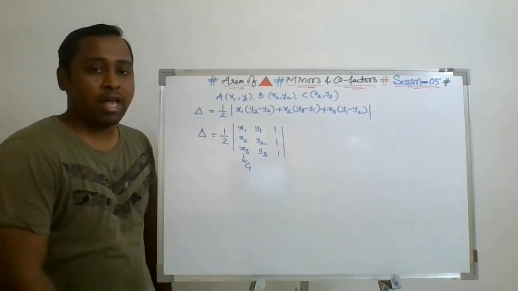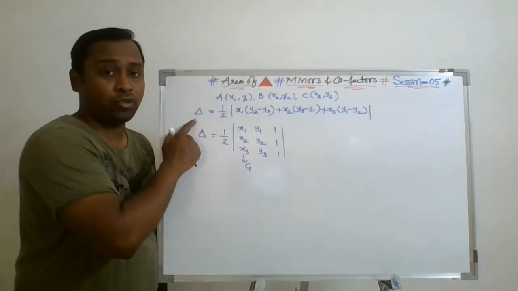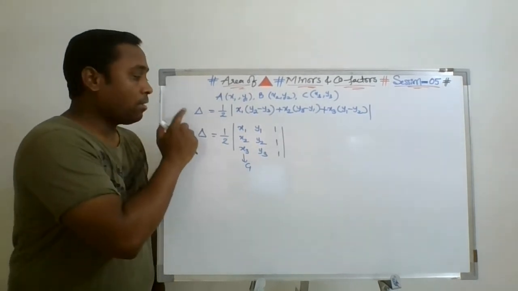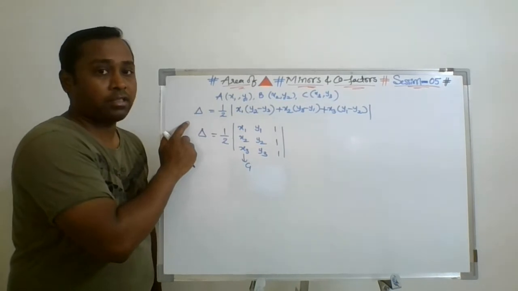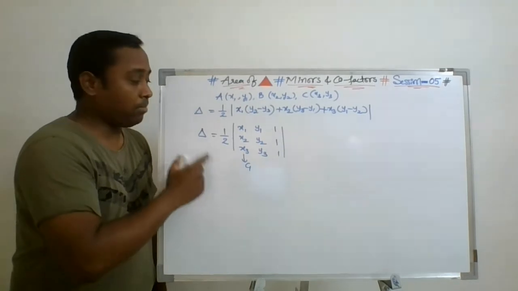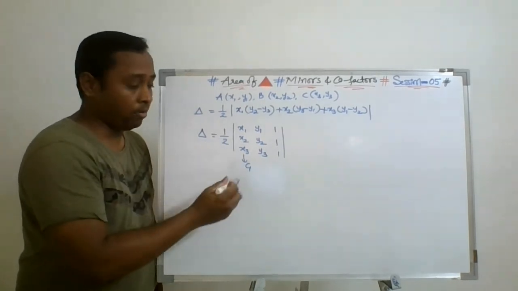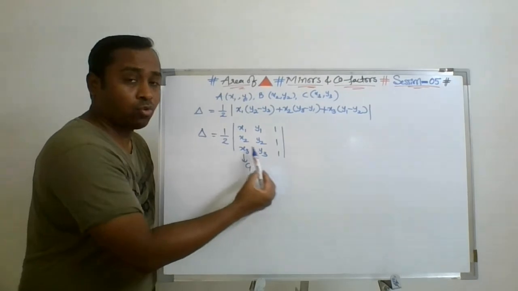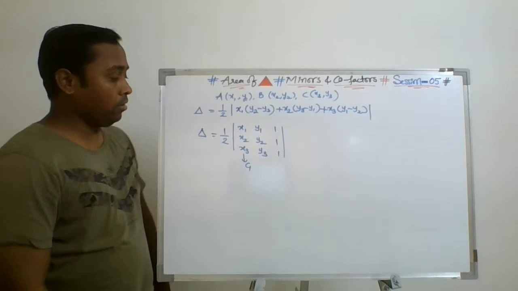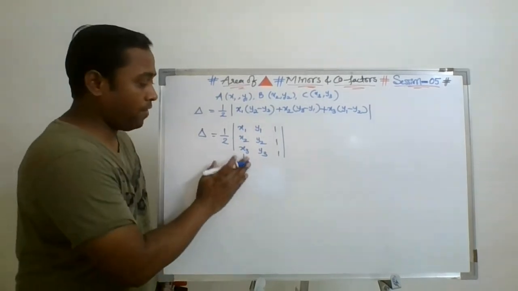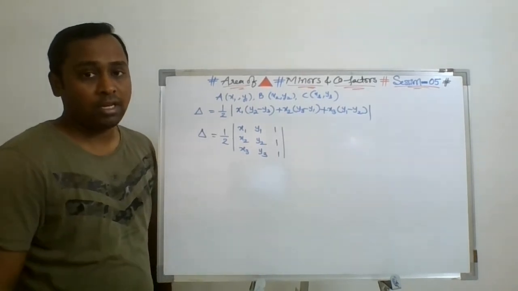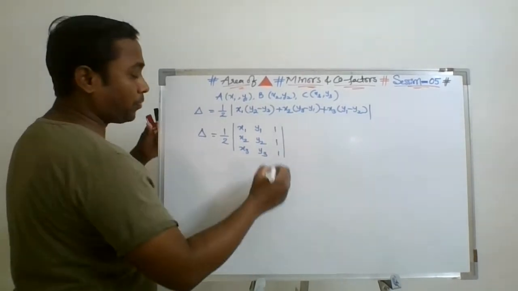It's as simple as that. To find the area of a triangle, we were using this formula in 10th standard in the coordinate geometry chapter. In a similar way, we can also find the area of the triangle with the help of the determinant technique, simply by writing the three coordinates in order like x1 y1 x2 y2 x3 y3 1 1 1. That's it. So this is the way to find the area of a triangle. Now if I give you the three coordinates, you will be able to find the area of the triangle with the help of this determinant. Now I'm taking a question.